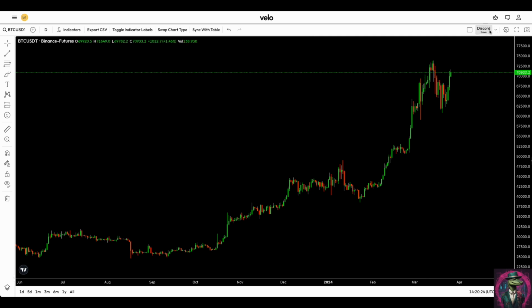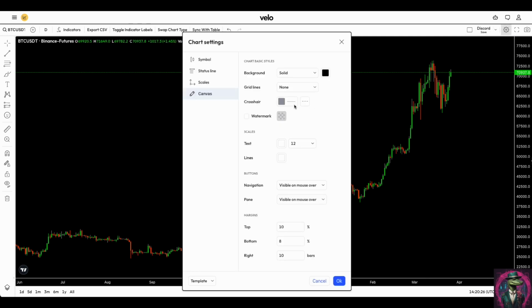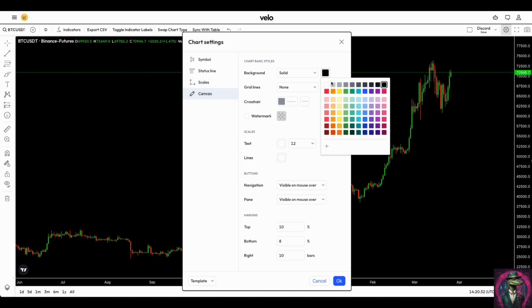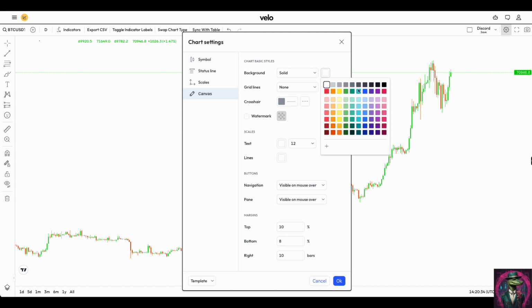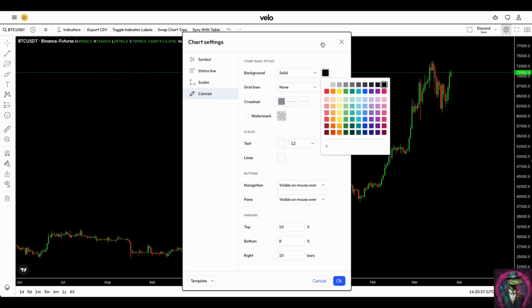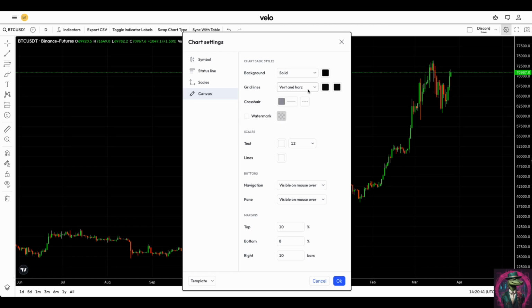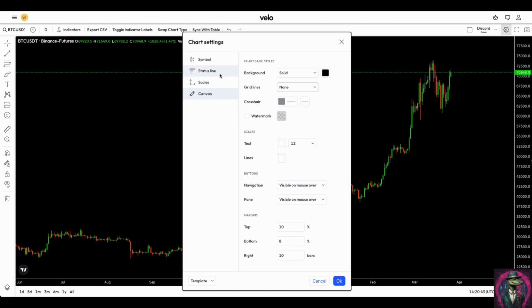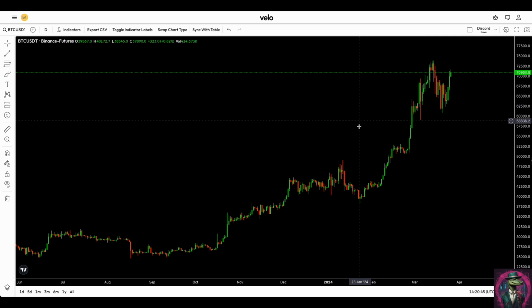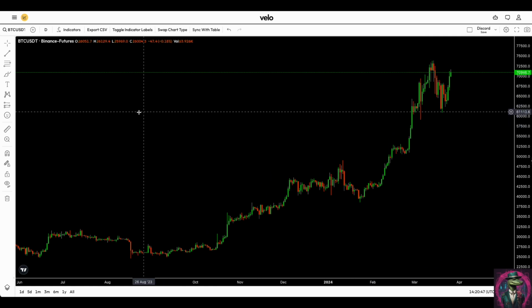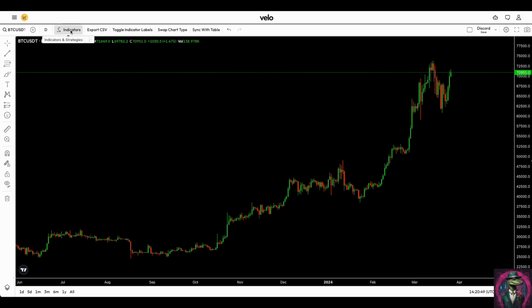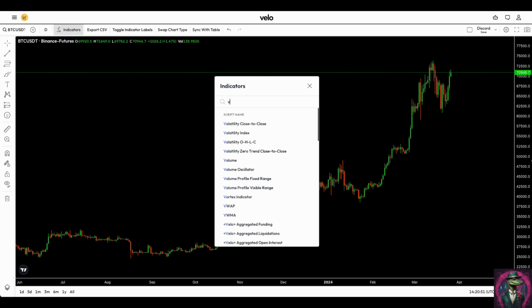First of all, like you know from TradingView, you have the settings for your chart as well, where you can switch the background, for example, bright and dark, or you can use these grid lines, but it's like you or what you prefer. So switch back to the indicators, and first of all we start with the